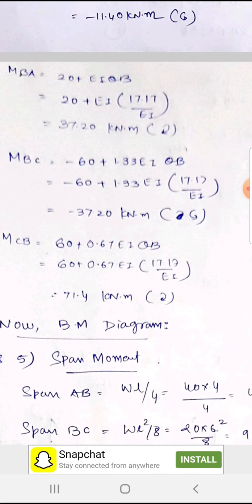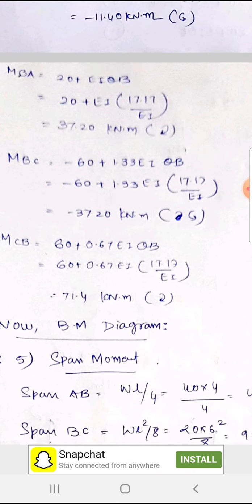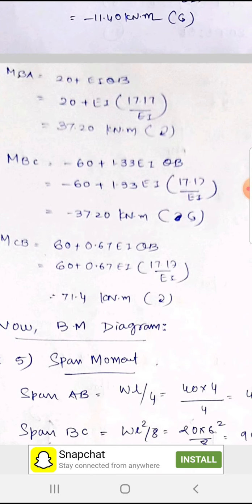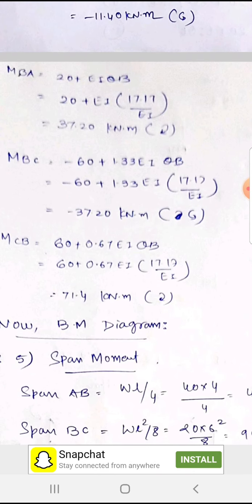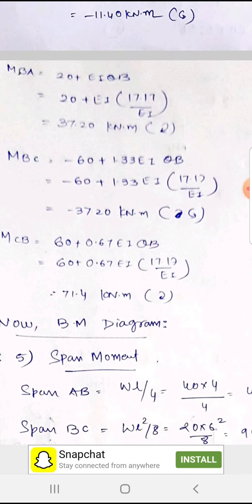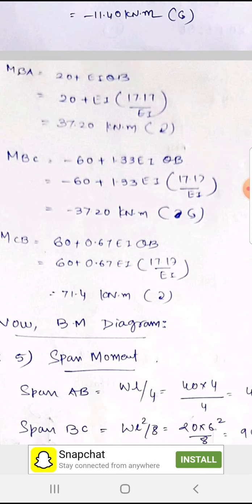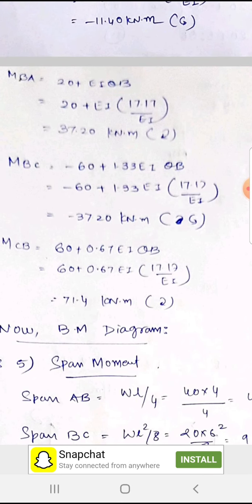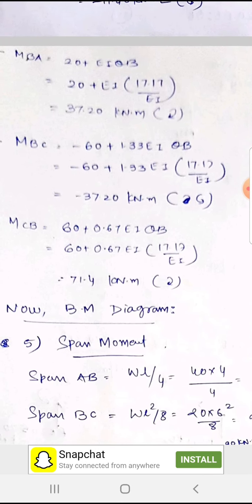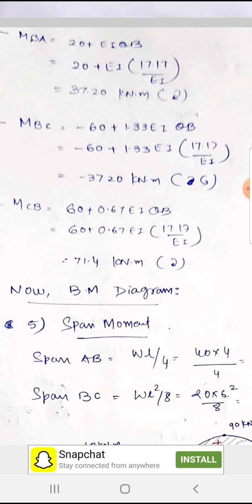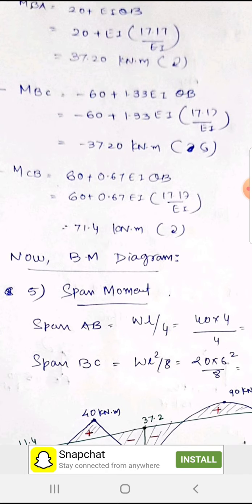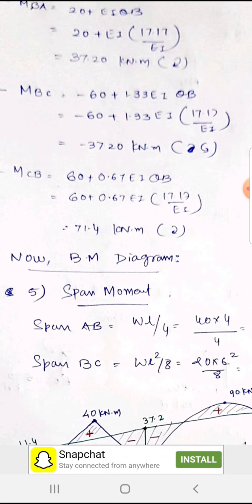Moment from B to A and moment from B to C is the support moment. Here we have only one support B, so at one support the moment will be the same, that's why we got a common value here, that is 37.20 kilonewton meter, and moment from CB is 71.4 kilonewton meter, it is plus,